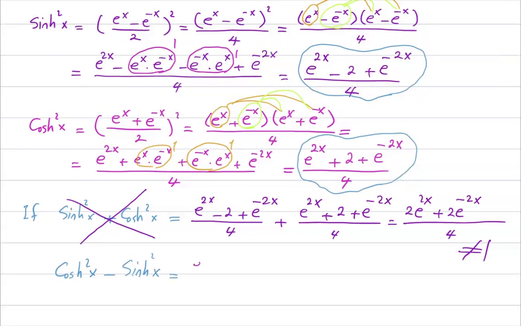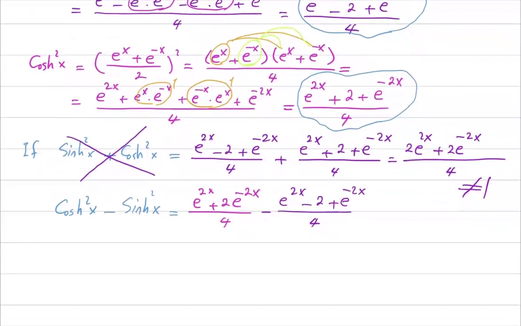You have e to the power 2x plus 2 plus e to the power negative 2x divided by 4, minus e to the power 2x minus 2 plus e to the power negative 2x divided by 4. So if I combine these two together, what do I get? If I take the common denominator 4, I have e to 2x plus,